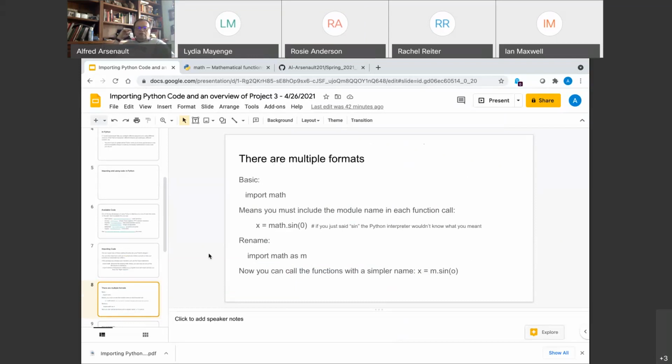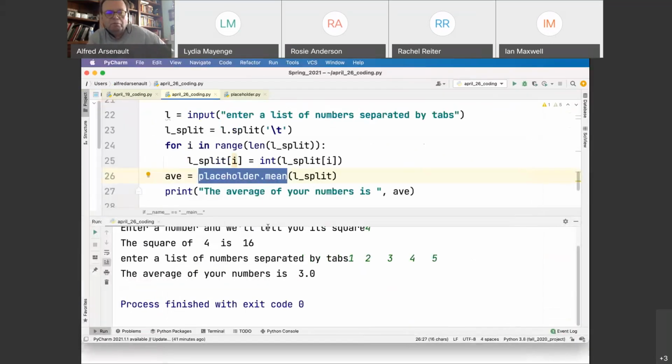Now, formats. What I used is what is called the basic format. In the basic format, you import. In our case, it was the placeholder program, or if you're importing the math program, you just say import math. And then you have to give the module name in each function call, x equals math.sin. I want to use the sine routine from the math library. So I'll come over here